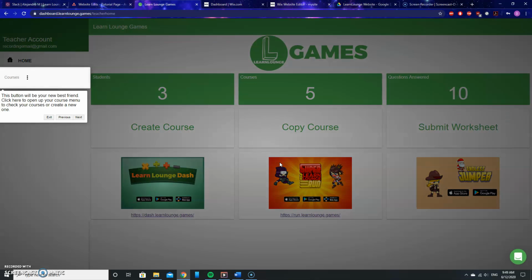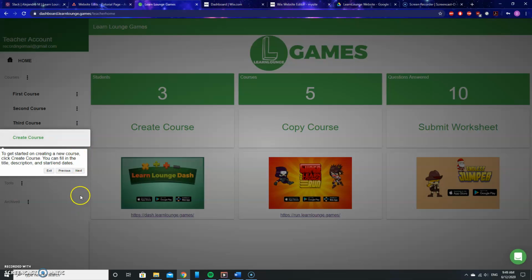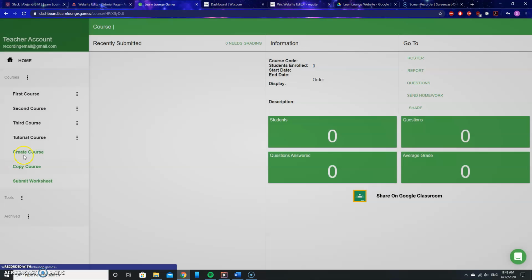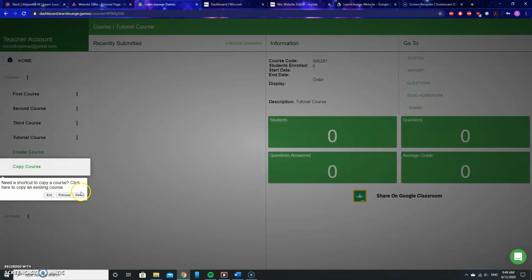Welcome to the dashboard. Okay, the first thing that you got to go through is this active walkthrough, and it's going to give you some little descriptions about what you can find here in the dashboard. So as you read it, click next, and it'll take you through, okay, about the course menu, how to create a course, the button you need to click to copy a course,